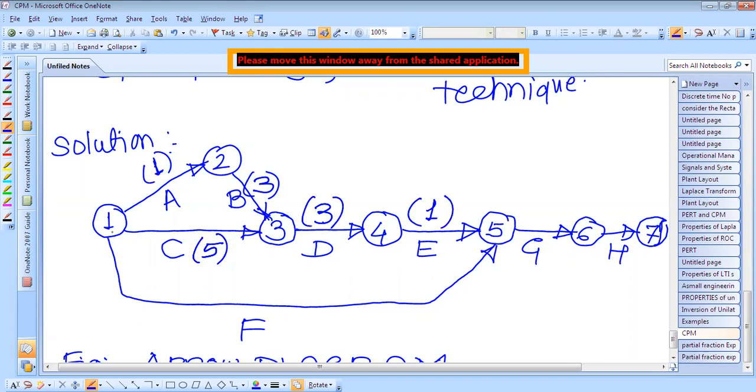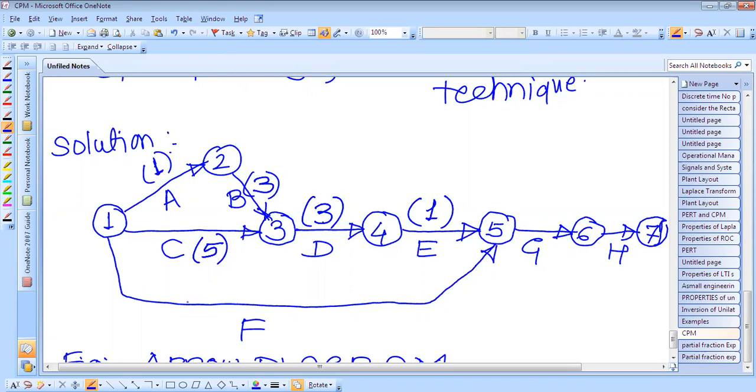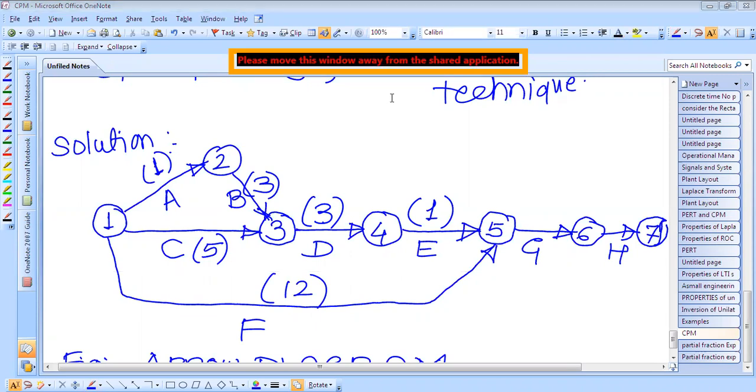Next activity, again time is required for this, that is 1 to 5. That is activity F, obtain the pre-cut rubber lining from the market. And he has given 12 days. 12 days are required to receive that pre-cut rubber from the market. So in this way we are giving the time because he is an experienced estimator.